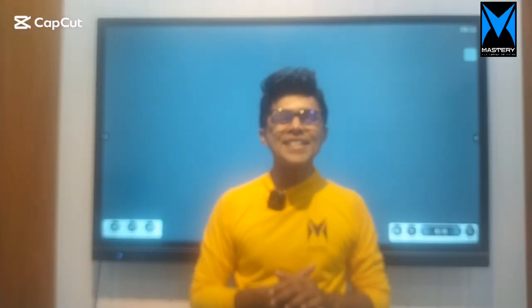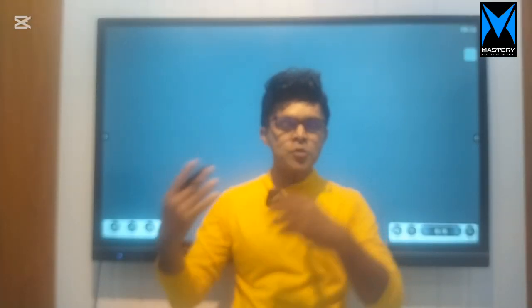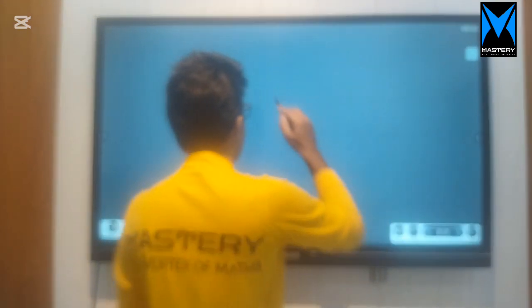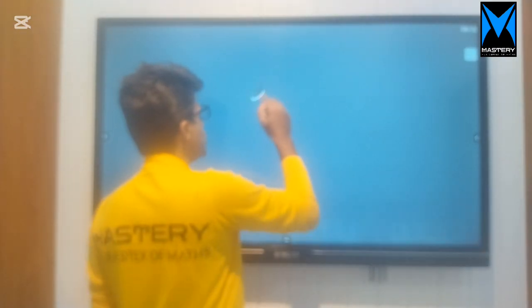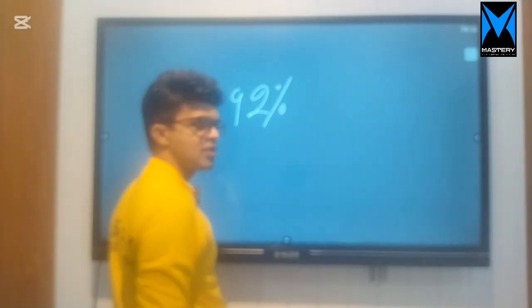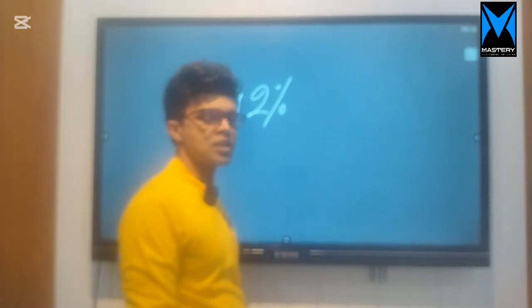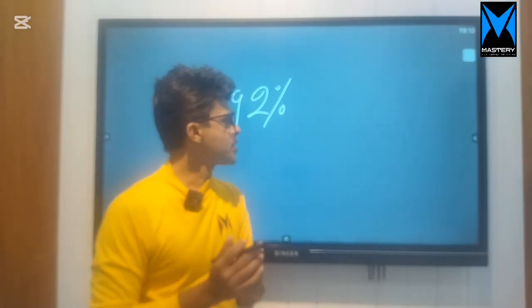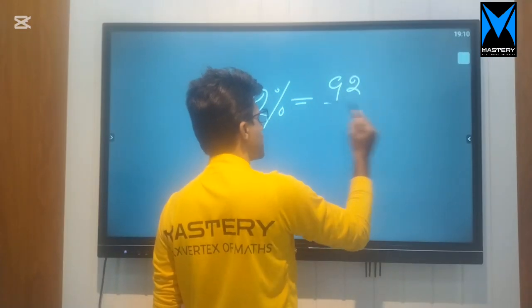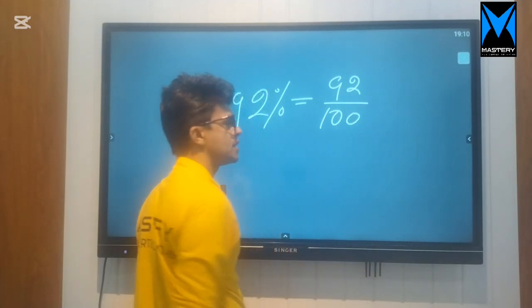Percentages of grade 7. So really, what's a percentage? When it comes to percentages, percentages are related with out of 100. We are writing out of 100 when it comes to percentages. So anyway, just imagine that you have taken 92% for maths. Then this is a way of writing by your maths teacher, right? 92%. That means you have taken marks for maths, out of 100, 92